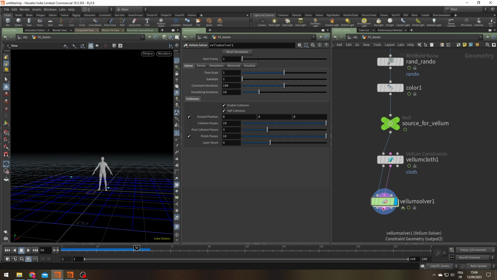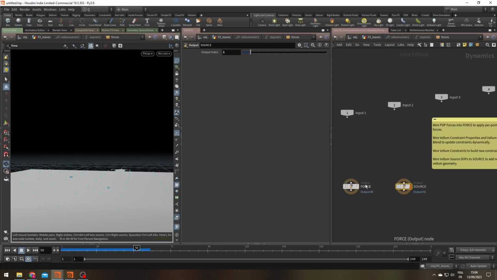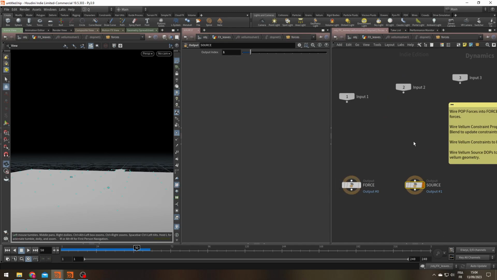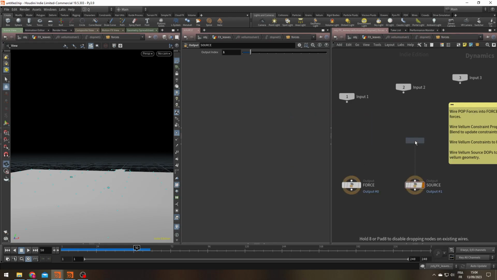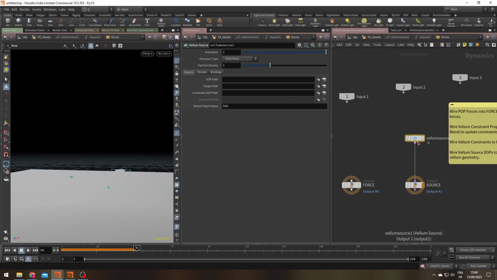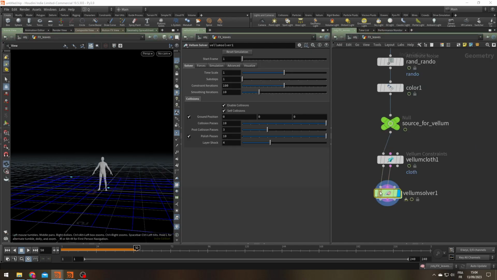It's pretty easy. You just have to dive into your Vellum solver. Here you have 2 outputs, force and source. Let's work on the source first. Let's create a Vellum source. With this Vellum source, what I can do is change the emission type and choose to emit every frame. Now I need to give it the sub path and the constraint path,